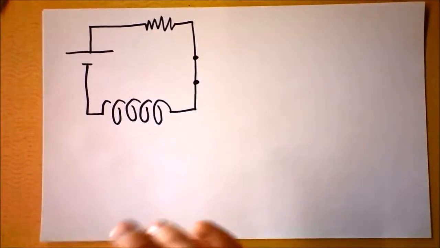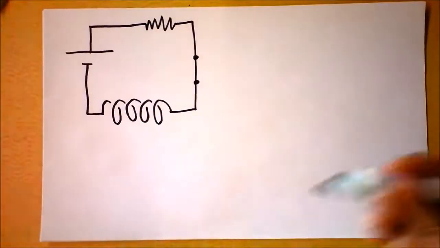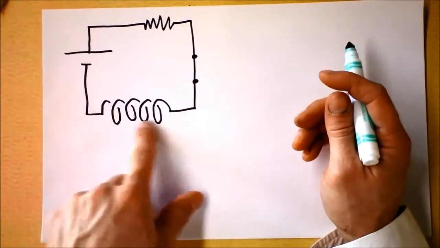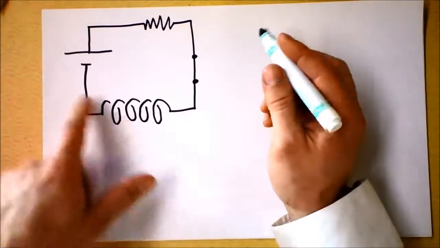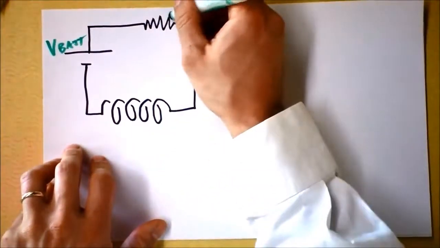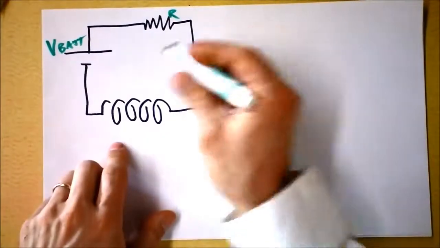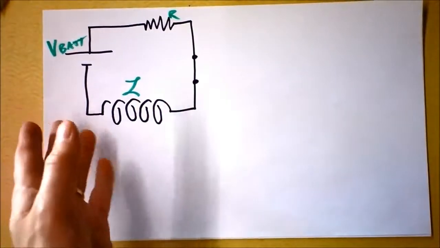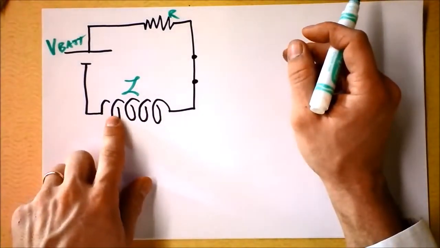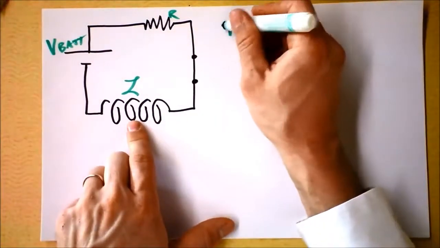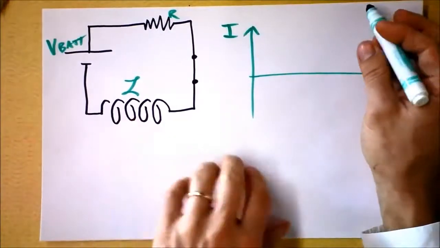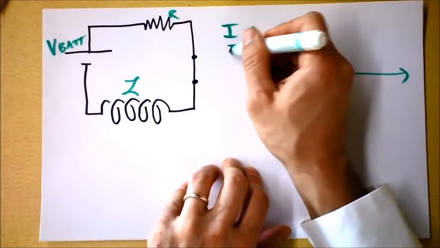All right, it may have occurred to you, but maybe not. I want to point out that inductors don't just have a problem getting current up to a certain level. Imagine that this has been going for a long time. You've got the voltage of the battery here, and you've got some resistance here. You've got a closed switch, and you've got an inductor. And this had been closed for long enough so that a steady current would be going through here, and the inductor becomes very happy. Now, if I open the switch, though,